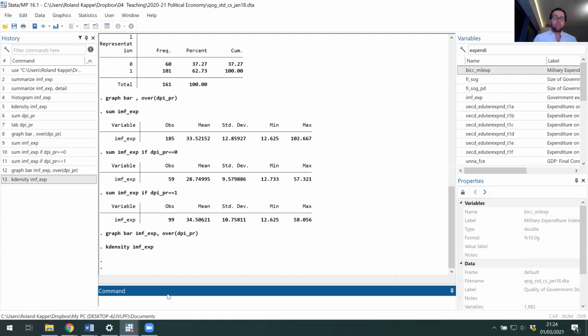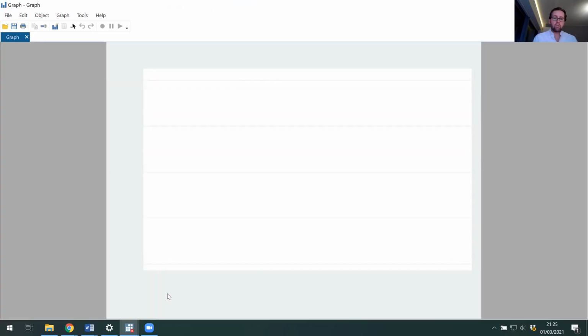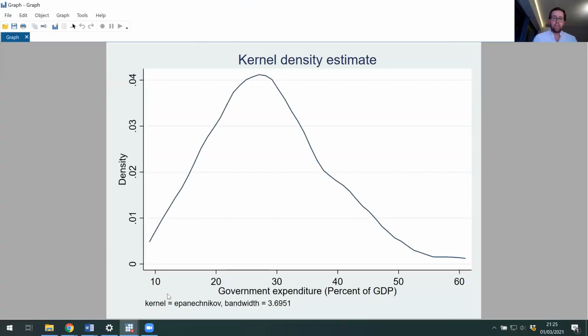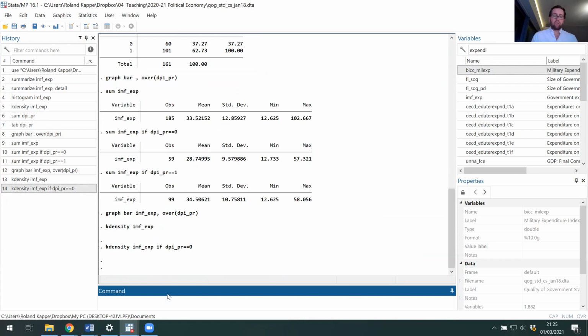Well, what we can do, of course, is do the same thing, kdensity IMF EXP, if what? If, for example, DPI PR equals 0. So we could look at what that looks like, and we could do the same for 1. But it would be even better if we could overlay this, and we can. We can use the extended graph commands, which is called twoway, and then we put into parentheses the command we just used, kdensity